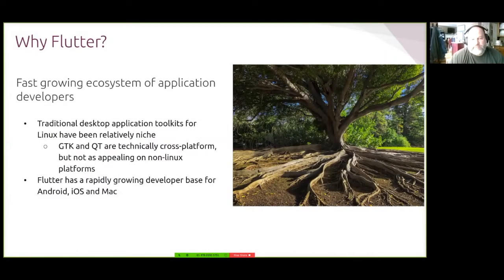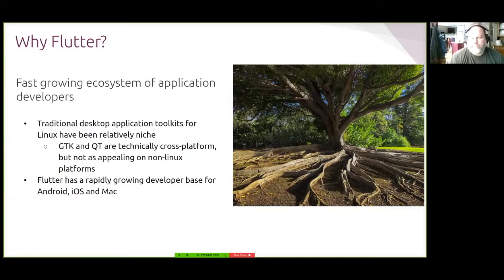Fast-growing ecosystem of application developers. Traditionally, desktop application toolkits for Linux have been relatively niche. GTK and Qt are very well known in the Linux space for creating graphical desktop apps. And they're technically cross-platform. These will work on Windows and other platforms as well.